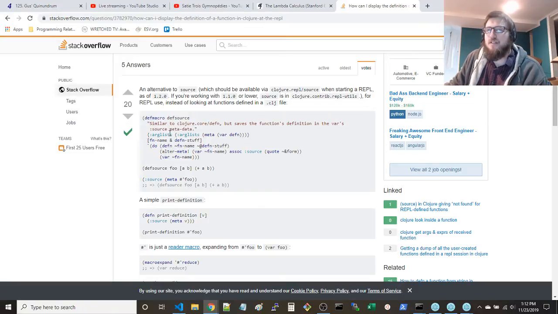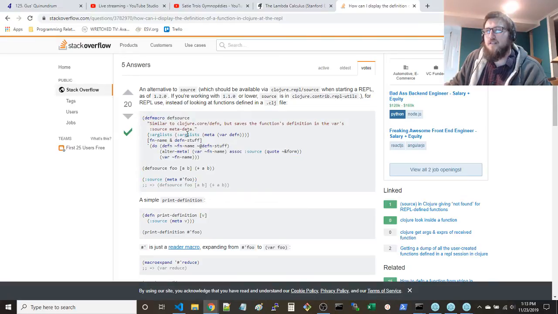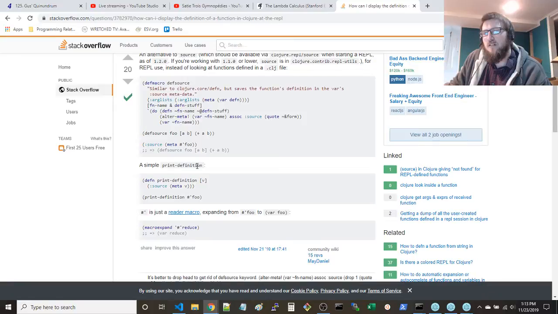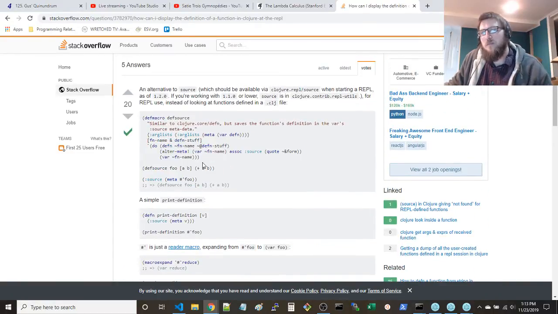Okay, so we can use a macro that'll save the function definition in a meta tag. Right, nice. Oh, that's the meta. Apparently, that's the way to do this. So you can get the